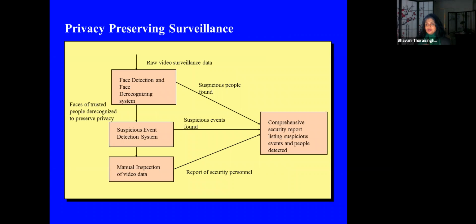Another thing that I wanted to talk about, which we sort of abandoned, is privacy-preserving surveillance. I had three students. One student developed a face detection and de-recognizing system. Another student developed suspicious event detection. When you're crouched up or when you walk in a certain way, is the person's behavior suspicious? So we have all of this video data, and a comprehensive security report listing suspicious events and people. You have some manual inspection, some suspicious event detection, but then we wanted to bring privacy into this. So what we are saying,